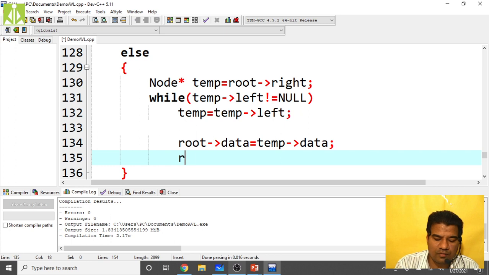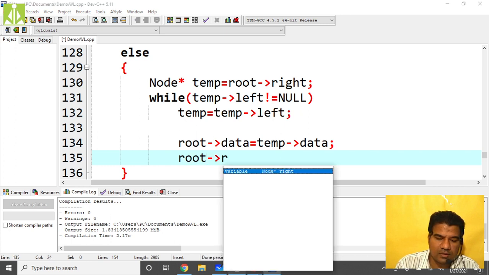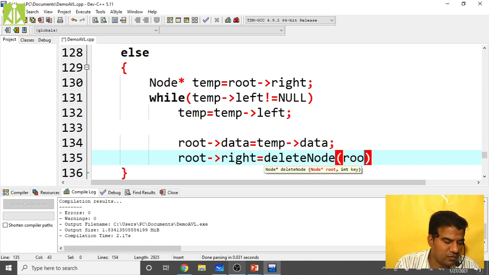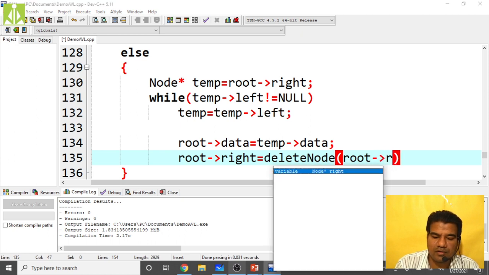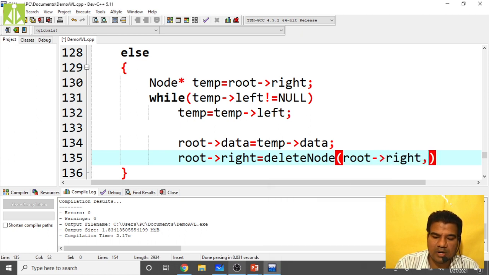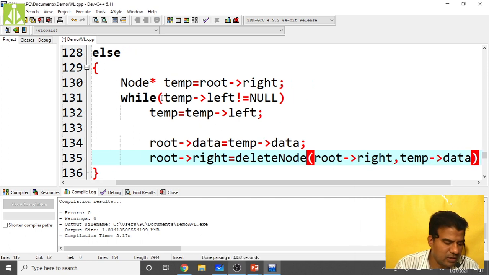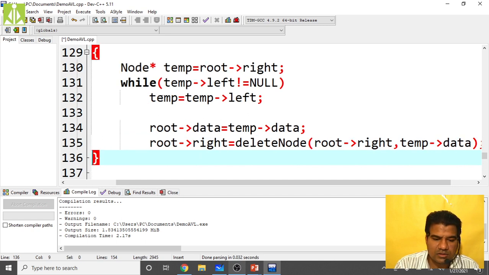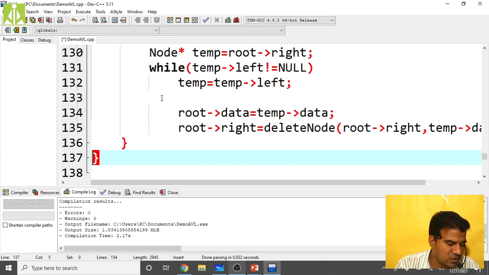Then root of right equals to delete node of root of right comma temp of data, recursively calling delete. At the end you put this semicolon, come down, this is left, and come down, this is closing.